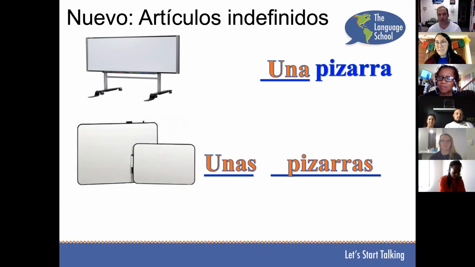And so just real quick, there's no rhyme or reason for this. The reason why we have masculine and feminine words, there's nothing particularly feminine about a whiteboard. This is just the way Latin worked, and Spanish was born from Latin. So our initial indication is that last letter. Because pizarra ends with an A, that's our general guideline that it's a feminine word. So if you ever have any doubt, look at the last letter.